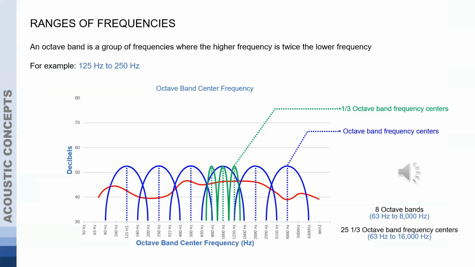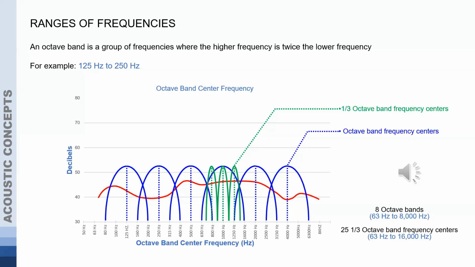So the other thing is, we talked about frequency as individual frequencies or how it's broken up. But there's also groups or ranges of frequencies that we tend to look at. And this is what we'll mostly look at in architectural acoustics. You'll see a lot of things are either octave band or third octave band data. An octave band is a group of frequencies where the higher level is twice that of the lower level.